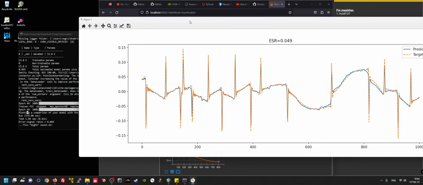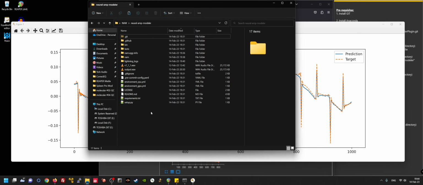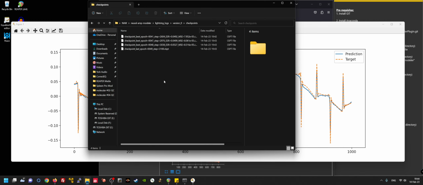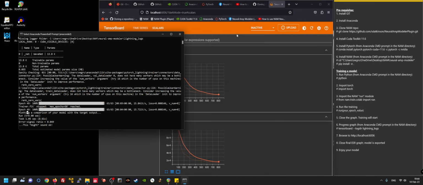Unless you close this graph, your model is not going to get published, and that's going to have you scratching your head, because if you keep this graph open and go into the NAM folder looking for your model, you won't find it. You're going to find the lightning logs version, and you want to take the checkpoints. Jason's going to go through this, or he has already gone through this in his video. You'll see them in the Google Colab because you're going to keep an eye on these. But you're not going to find your model, so what you need to do is close this graph. Once you close that graph and come back over here,